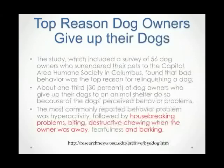There's another sad truth out there about dog ownership. People are giving away their dogs left and right, and one of the main reasons is because of behavioral issues. And so we're kind of on a mission here to let people know about ShakeTrainer so that we can have less congestion in the shelters all across our country. There's just so many dogs that are just being let go because people just don't know how to deal with their behavior. So we found a study that was